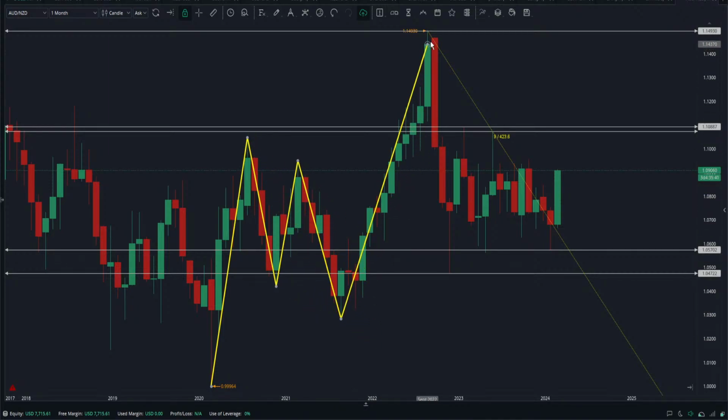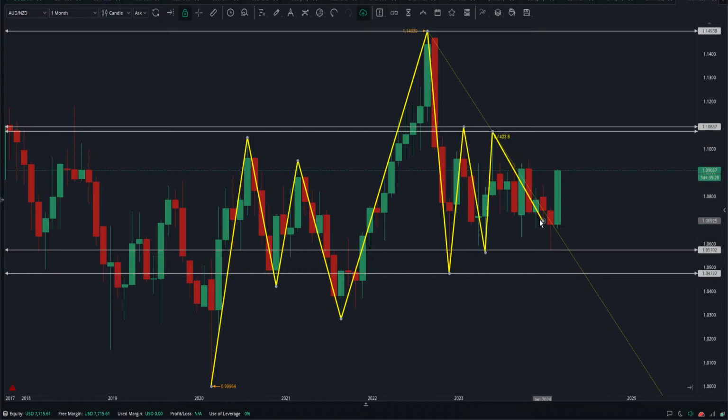Then it made a higher high, then it made a higher low, it made a lower high, it made a higher low, it made a lower high, it made a higher low, it made a lower high. So all in all, can I say that it is a consolidation after this high and low? Okay, there is a consolidation happening here. Yes, guys. So this consolidation will be over if I say,